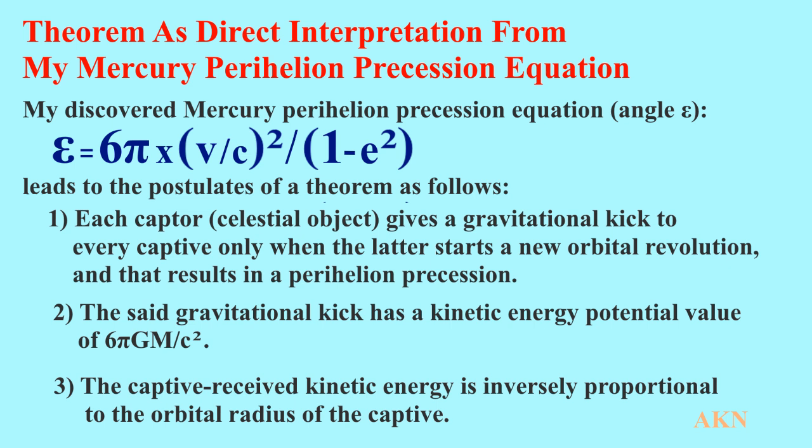One: a captor celestial object gives a gravitational kick to every captive only when the latter starts a new orbital revolution, and that results in a perihelion precession. Two: the set gravitational kick has a kinetic energy potential of value 6 pi Gm over c squared. Three: the captive's received kinetic energy is inversely proportional to the